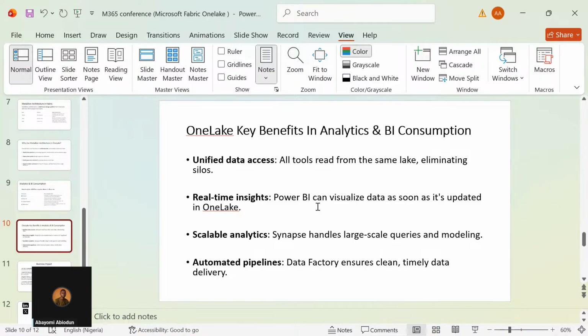And we can also have scalable analytics as well. Synapse handles large-scale queries, so we can use large queries, we can model, we can do a lot of things with OneLake as the central data source for our data team. So we can also automate pipelines. So Data Factory ensures clean, timely data delivery. So we can easily